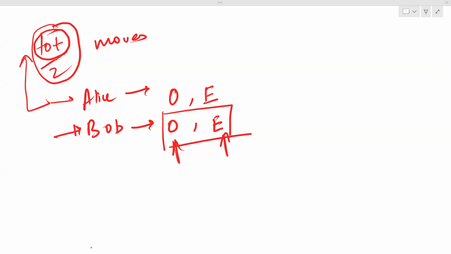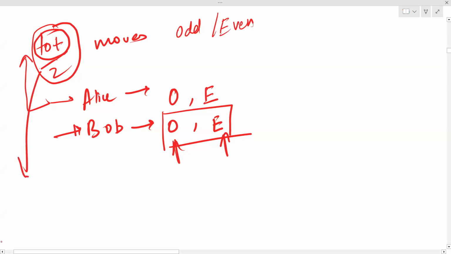It only depends on how many moves we are doing, whether an odd number of moves or an even number of moves. Only this thing depends, right? The total number of moves there will be. So we just have to check the total number of moves. Let's call this moves. So if this moves parity is equal to,